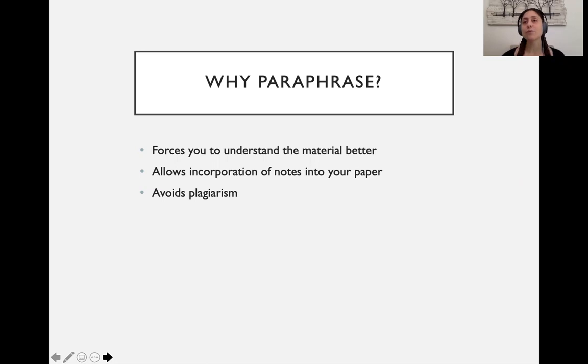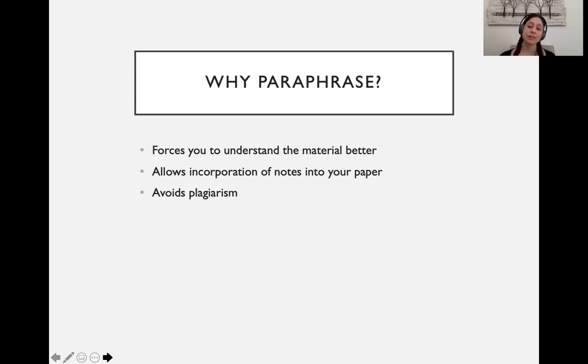So as I've mentioned before, direct quotation is very rarely used with APA. So you want to paraphrase instead, putting it into your own words and showing that you do actually understand what you're writing. Don't use your quotations as a cop-out to not understand what you're actually writing and reading. It allows your incorporation of your notes and the outlines that you've used and all of that into your paper in a nice flowing way.